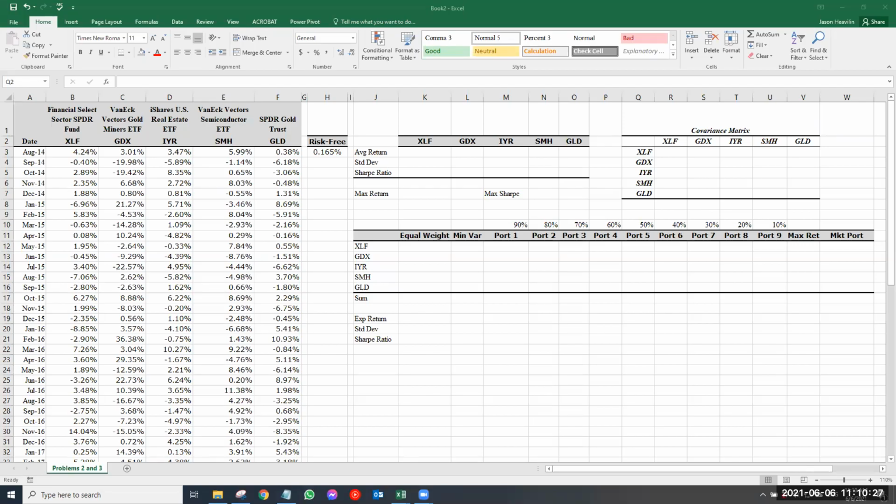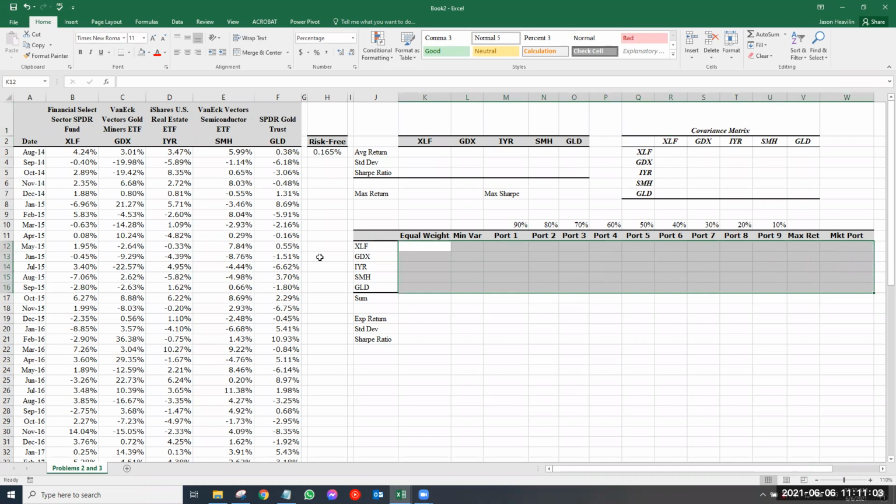In this video, we are going to talk about building portfolios, efficient portfolios. This part of the lesson will be divided in two videos. We'll first set up some figures that we need, like average return, standard deviation, Sharpe ratio, and the covariance matrix. Then we will break it to the second video where we will discuss the weights on different types of portfolio